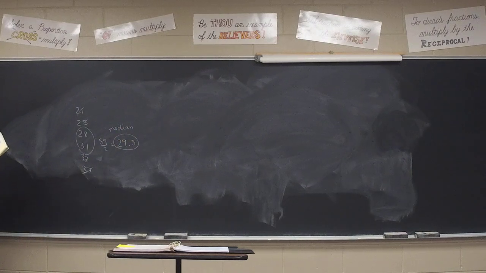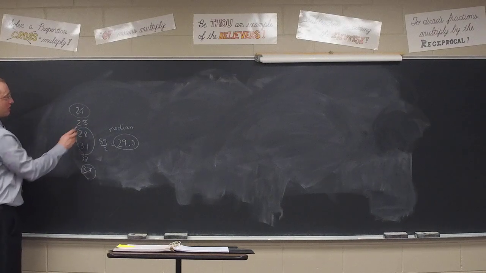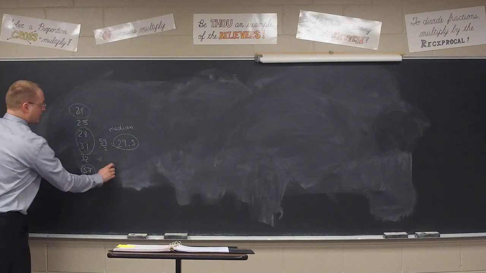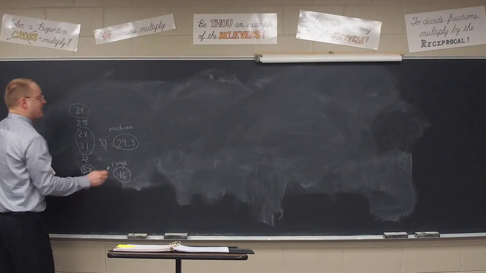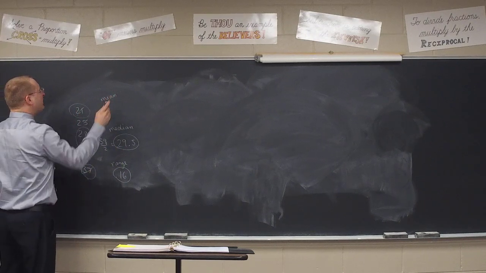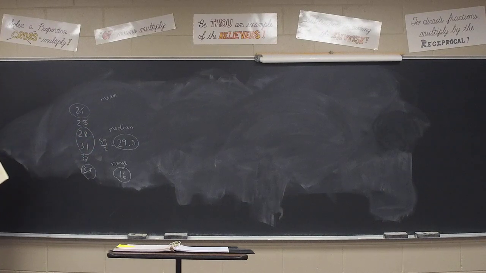It also asked letter C for the range. Notice I'm doing the easy stuff first. The range. Well, how do I find the range? Let's go back to Jalen. You subtract the highest. Highest minus lowest. Well, 37 minus 21 gives me a range of 16. And there's my range. Now for the only part that involves real math, hard math, and that's the mean.